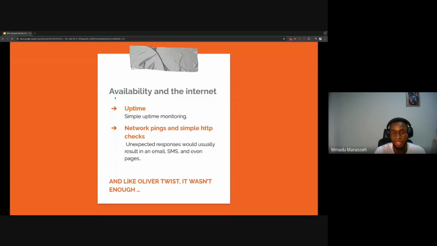And this was implemented using network pings. So you ping the website, you send HTTP checks to confirm if there's a valid response. If there isn't, you know that the website is down. If the response is valid, you know that your website is up. So this was the earlier implementation of observability, or let me say availability, in the early systems. I think this was around the 90s into the 2000s.